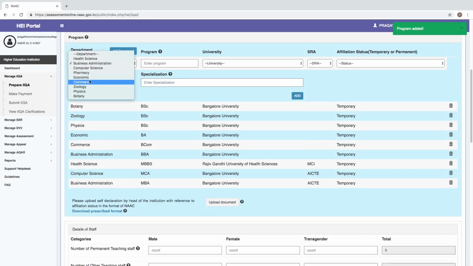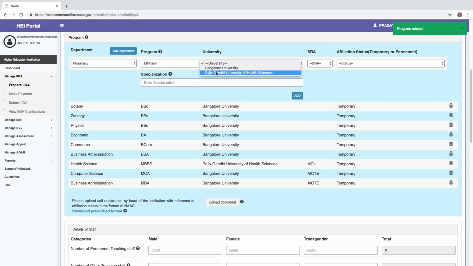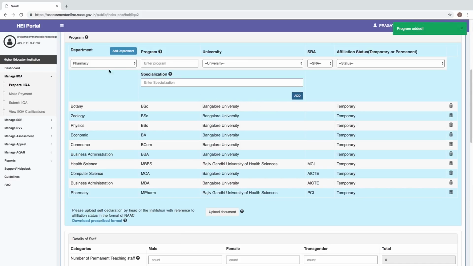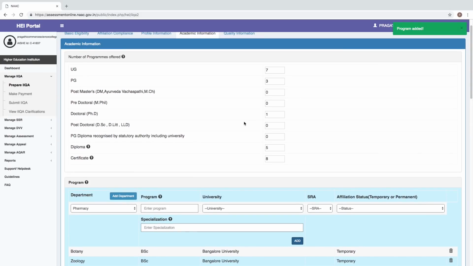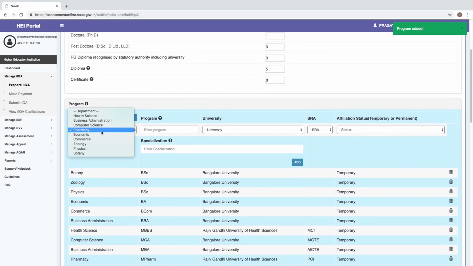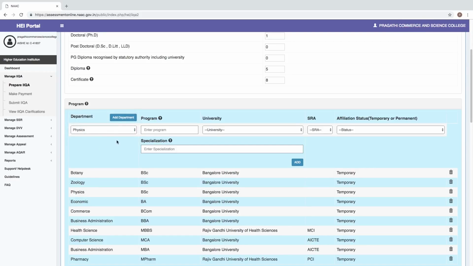We would also have an M-Pharma course, which would need the Pharmaceutical Council of India's approval. As we have stated that we have one doctoral degree, we would be having a PhD program.